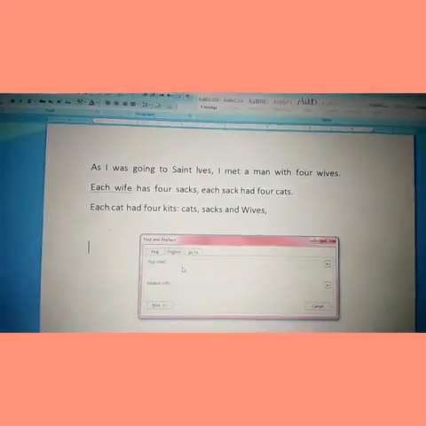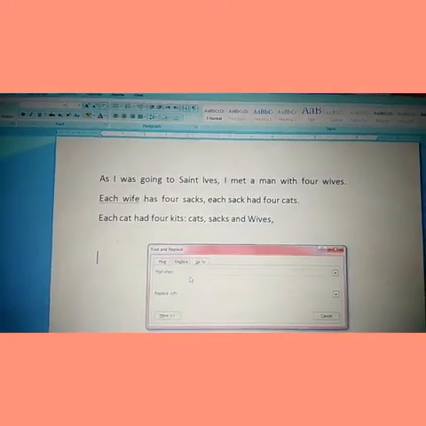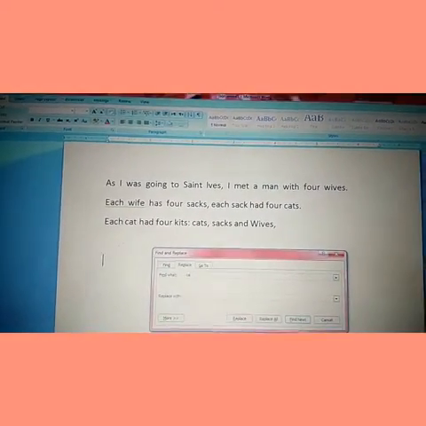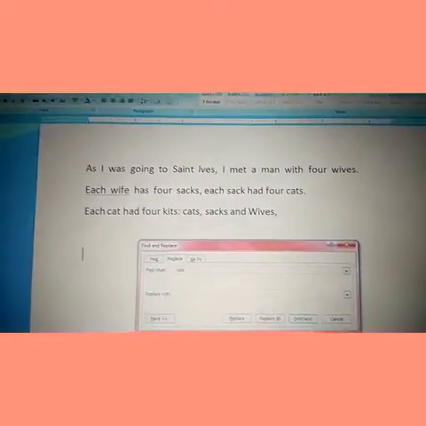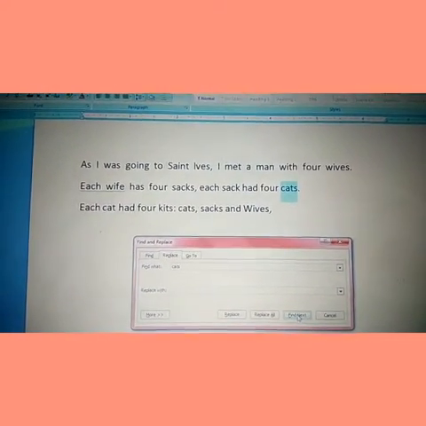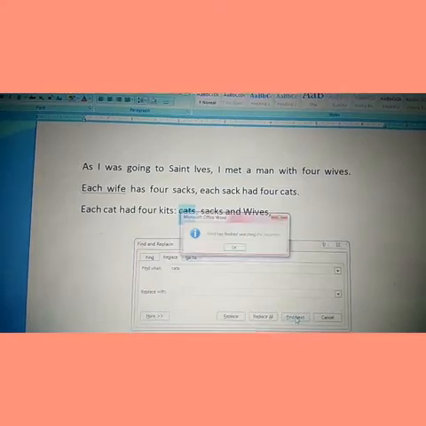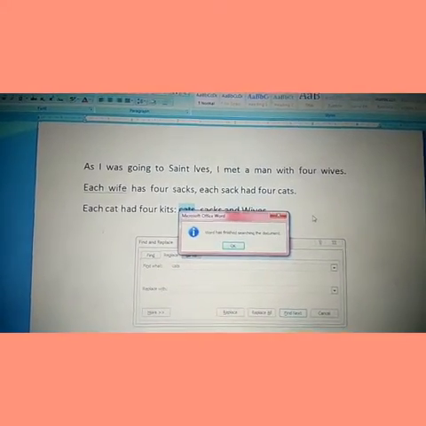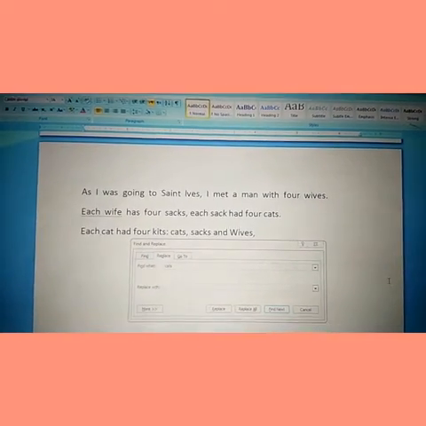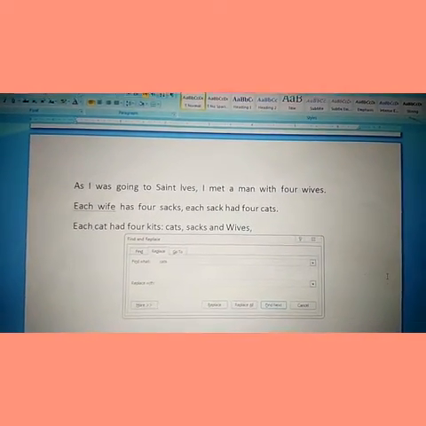Okay student, just write any word. I'm writing cats. Then click Find Next. See, there are 2 cats already mentioned in this paragraph.